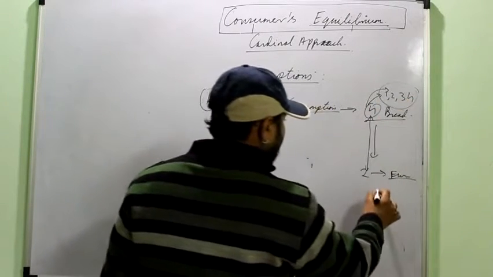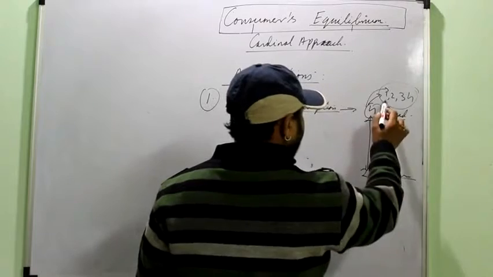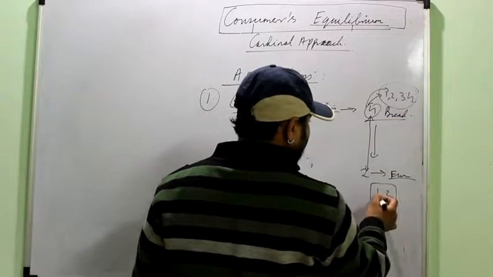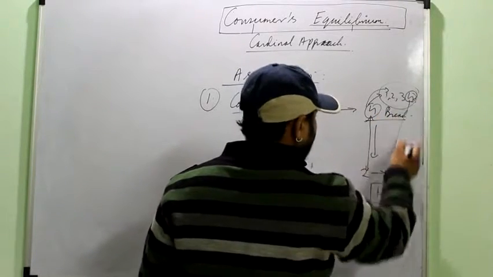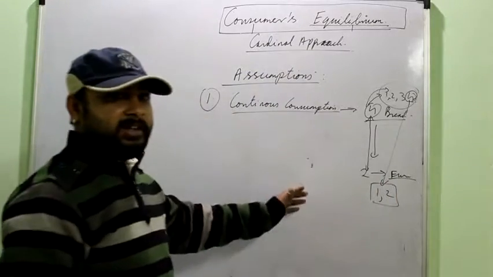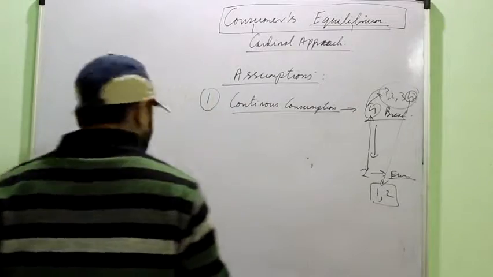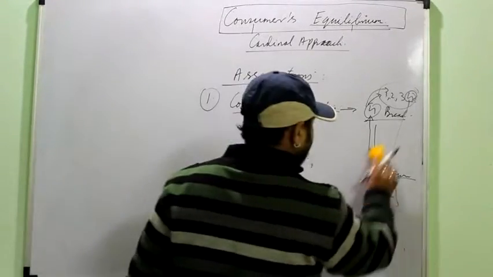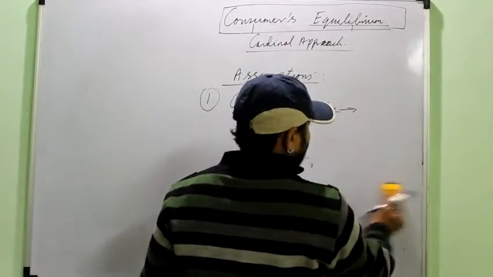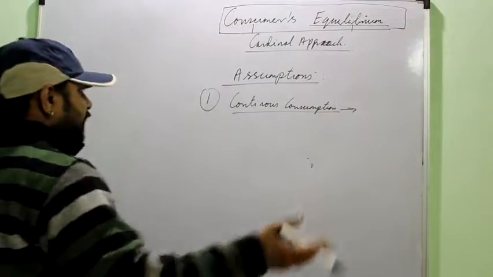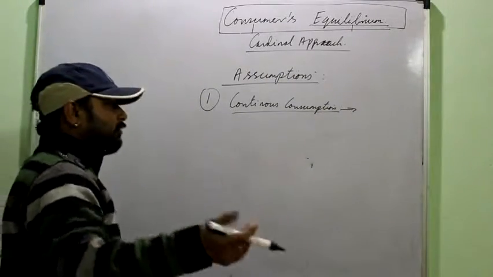These units and 1 and 2, these units. If you see, the MU here would be diminishing, but here it may be more than the 4th unit, right? Because the intensity has developed once again. This is the basic assumption that continuously you have to consume the commodity. Like if you are made to eat one pizza in the morning, then maybe you agree for the second one in the afternoon and maybe for the third or the fourth one by the night.